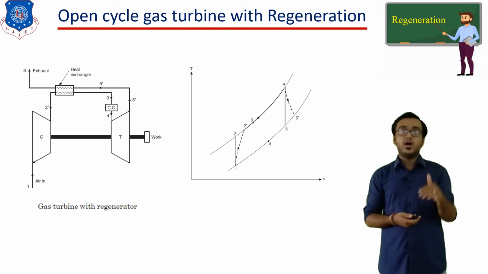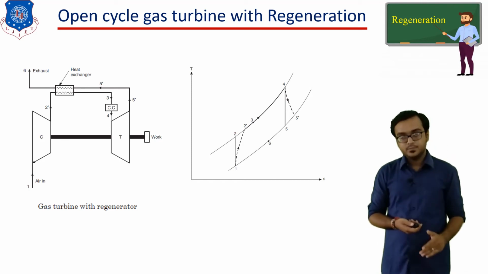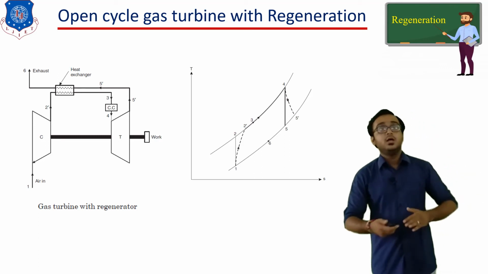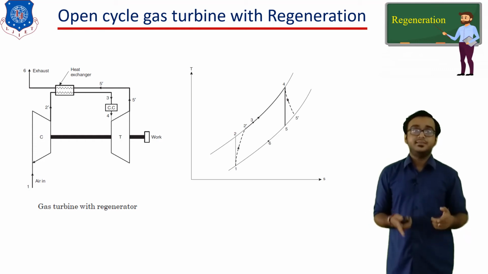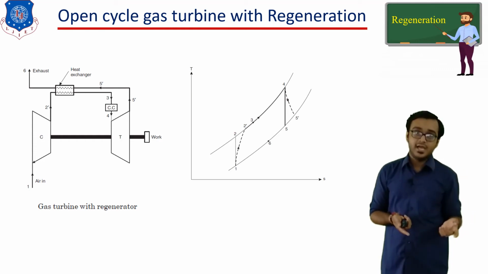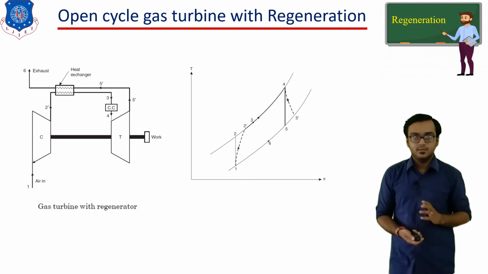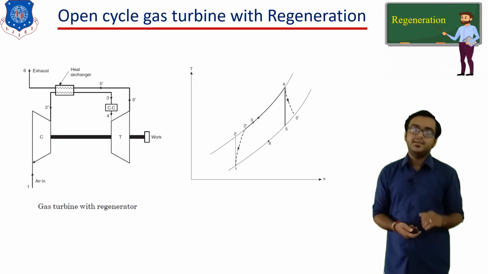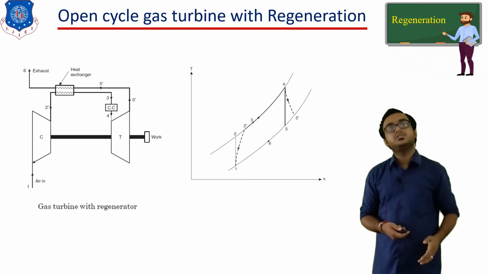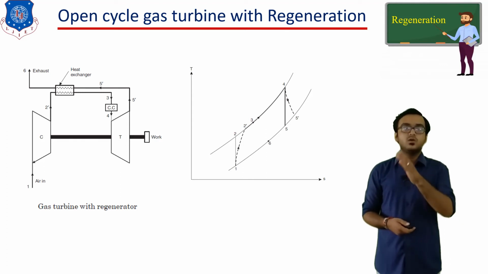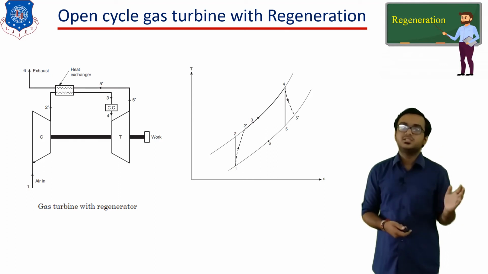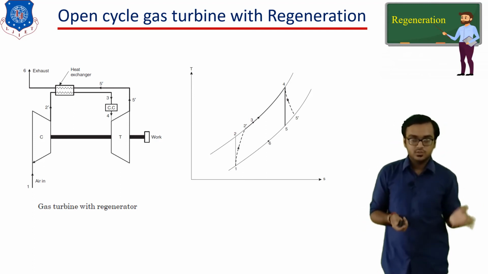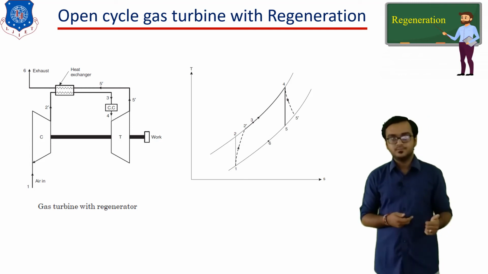Then 4 to 5 is the expansion in the turbine. If you want to plot the ideal expansion, then obviously you need to plot one vertical line, and if you want to plot the actual expansion line, then you need to plot one inclined path, which shows the increment in entropy. So here 4 to 5' is our actual expansion, while 4 to 5 is our ideal expansion. Then 5' to 6 is again a heat exchange process inside the heat exchanger, which occurs at constant pressure. So here we have a complete TS diagram with us.